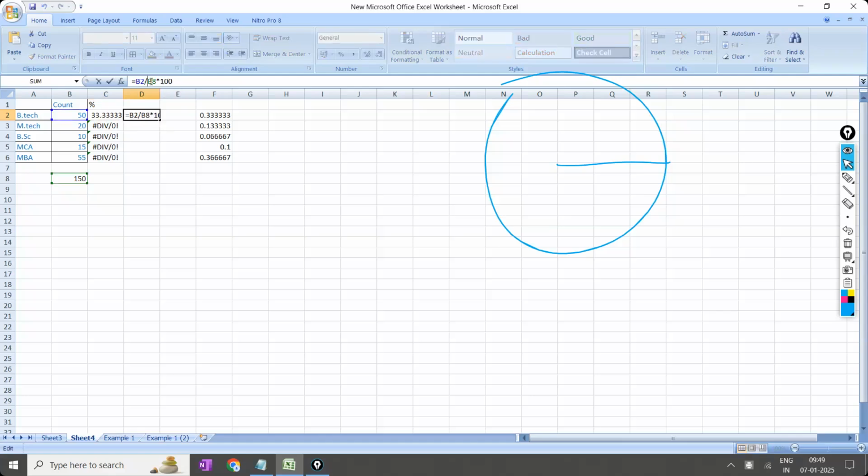Okay, with the dollar symbol before and this one. Now when I'm trying to drag this one down, can you see? You get values like this. Now observe this one. Without using the dollar symbol, what happened is B3 divided by B9 means for both of